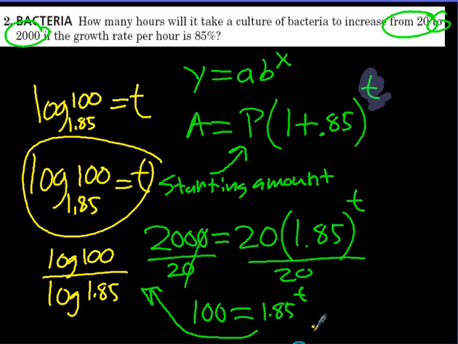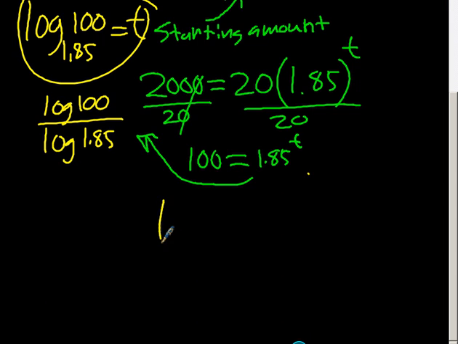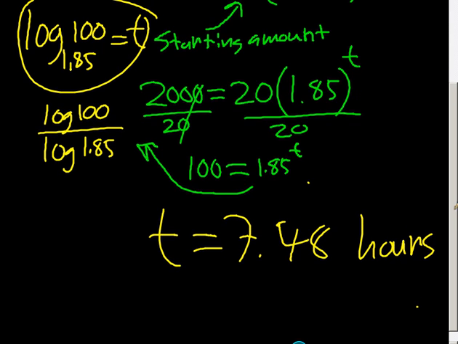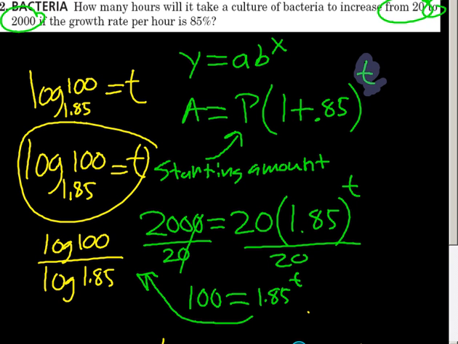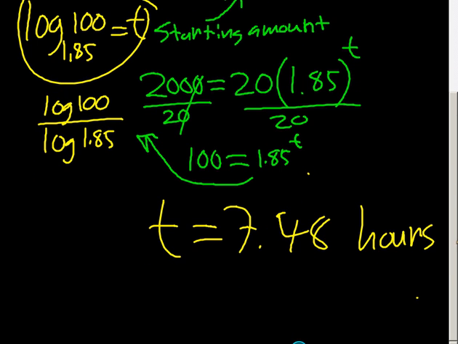So t equals 7.48 hours. Okay? Did I answer the question that was being asked? How many hours will it take? 7.48. There you go. Okay? So it's not asking in which hour. So 0.48 is a valid part of the answer. So 7 hours, right? And 48 hundredths